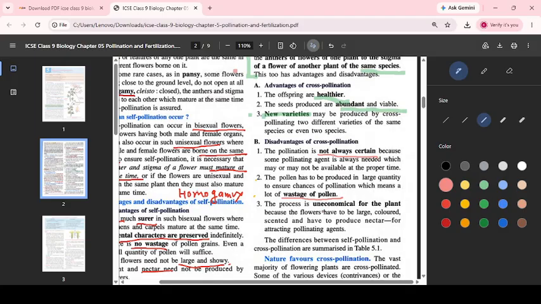Third, it is uneconomical. Why uneconomical? Because for this, the flower has to be ready: it should have nectar, it should have bright color, and if the flowers are small, they should be in a bunch or group to attract insects for pollination. So these are the three disadvantages of cross-pollination. In the exam, as I told you, advantages and disadvantages will be asked. They may ask you the definitions, and they may ask a reasoning question. So that's all for today. Agents of pollination and cross-pollination we will discuss